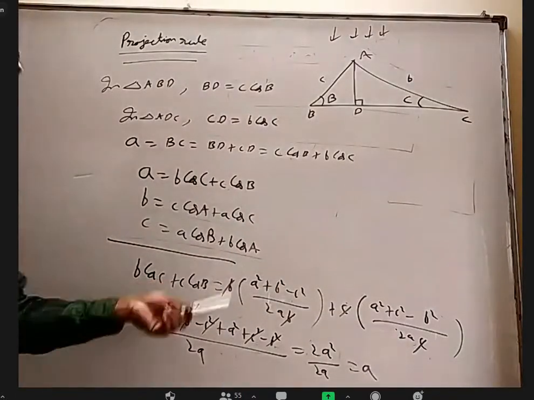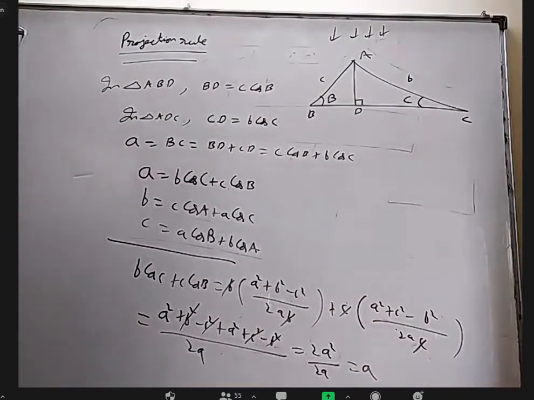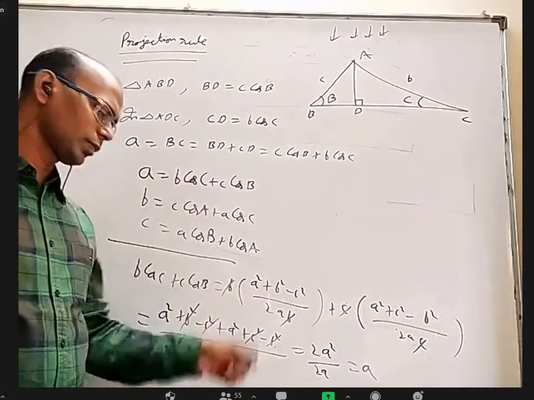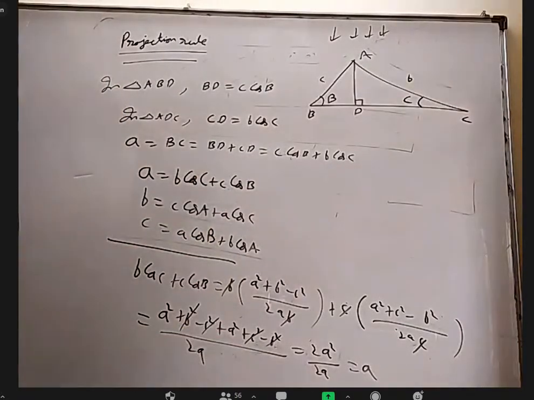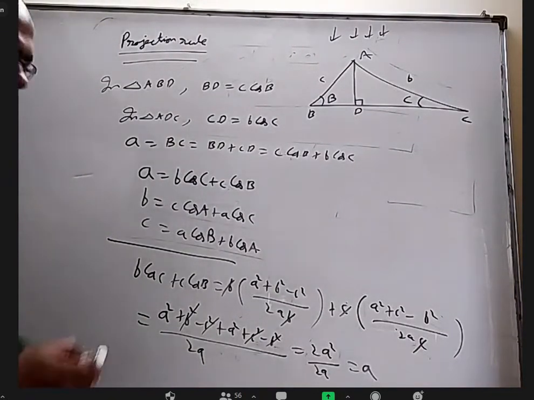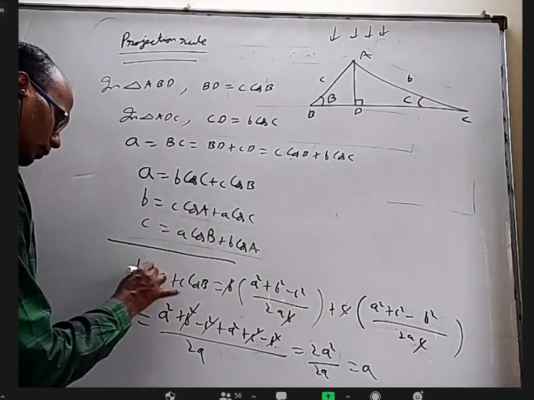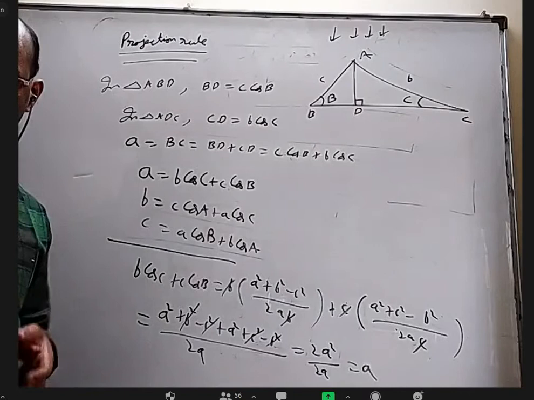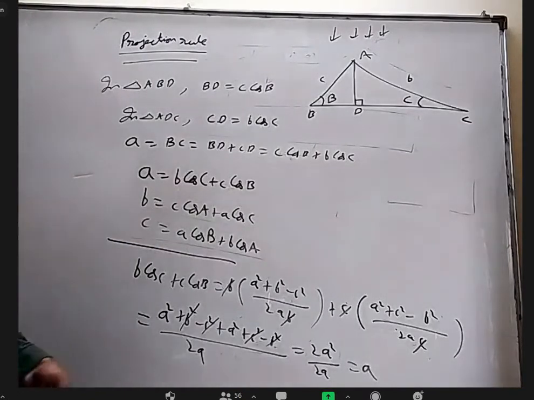You can use cosine rule and prove it also. So there are some questions where if you use cosine rule, it will come, but if you use projection rule, you don't have to do a little bit of calculation there. Maybe I'll discuss some questions based on projection rule, which are not there in mains material, but still I'll dictate some questions and you can do it.